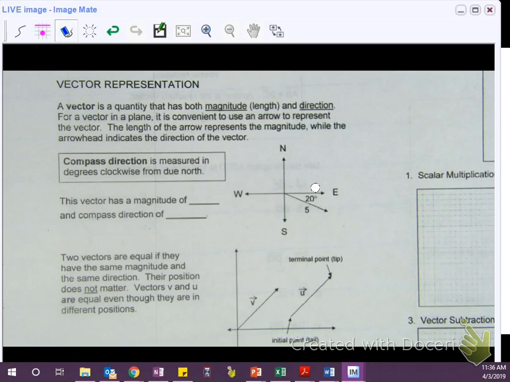So a vector is a quantity that has both magnitude, which is length, and direction. It's convenient to use an arrow to represent the vector. The length of the arrow represents the magnitude, while the arrowhead indicates the direction of the vector. Compass direction, or navigational bearing, which is what we called it last time,